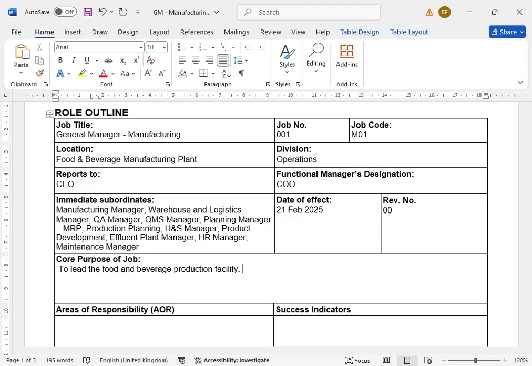Then this pivotal role will be responsible for ensuring the efficient,